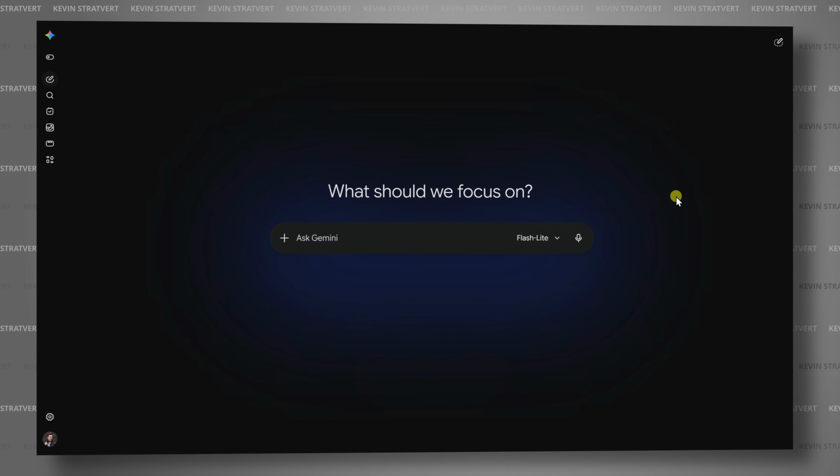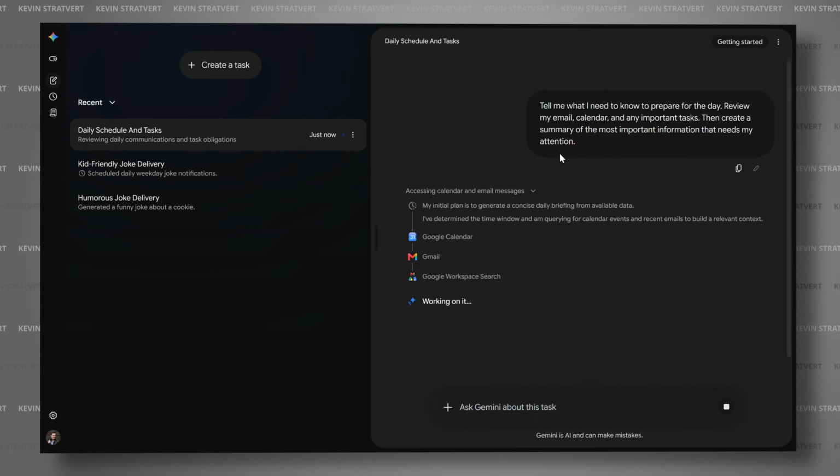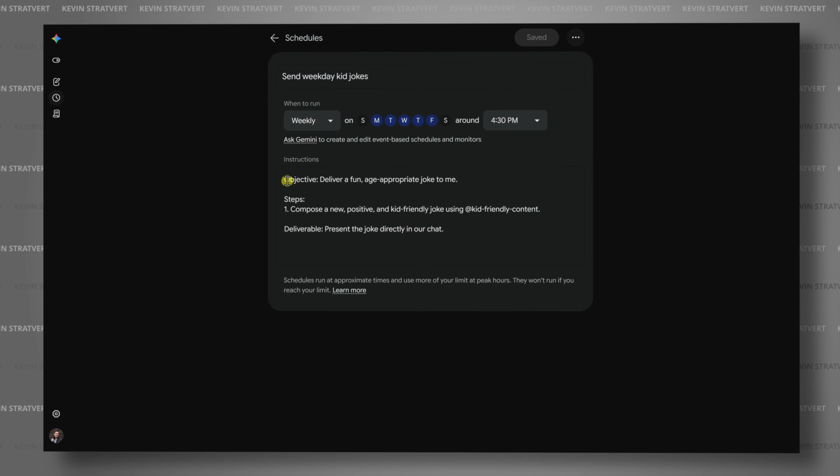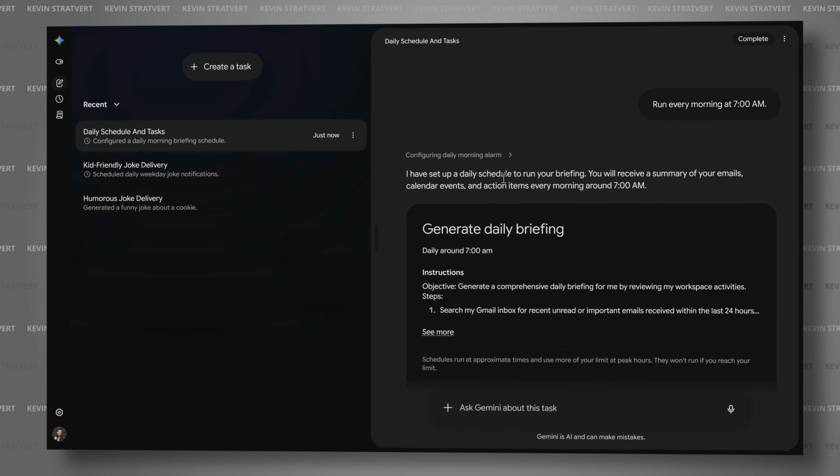Spark transforms Gemini from a chatbot into an AI agent that can take on larger goals, complete multi-step tasks, work in the background, and run on a schedule. We'll create a few practical examples so you can see exactly how Gemini Spark works and how to start using